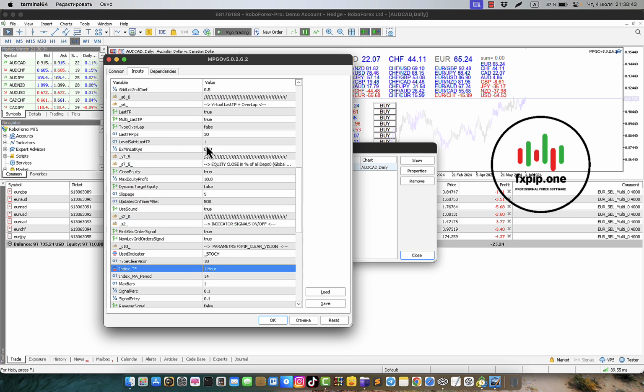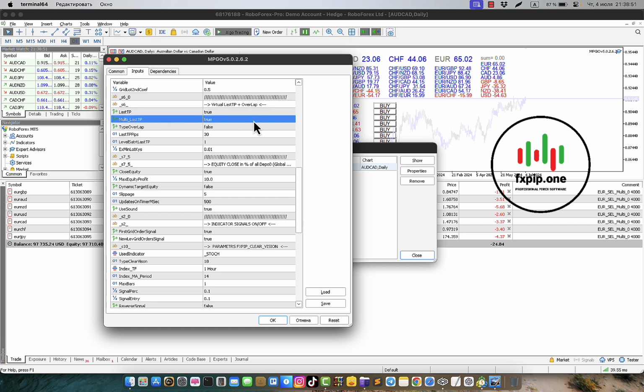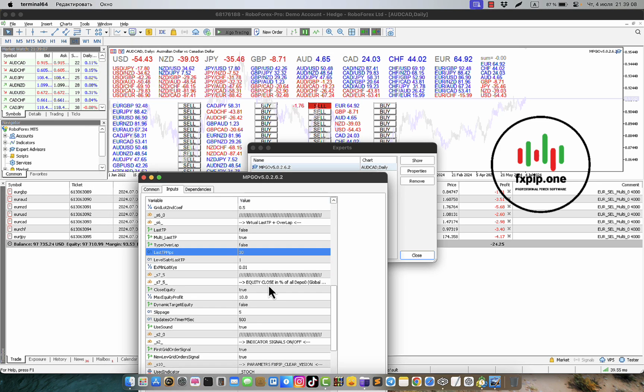Also, I added LastTP and multi-LastTP. They must be on. This LastTP can be off, by the way, in this method of trading. But if you need multi-LastTP, that also has separate pips, and multi-LastTP will work in my case, in my set file, once this value goes plus 30 pips, as you can see. Once you reach this, it will close the latest